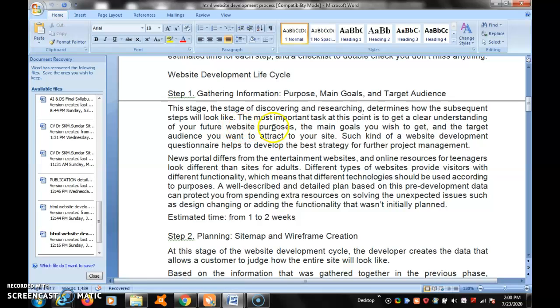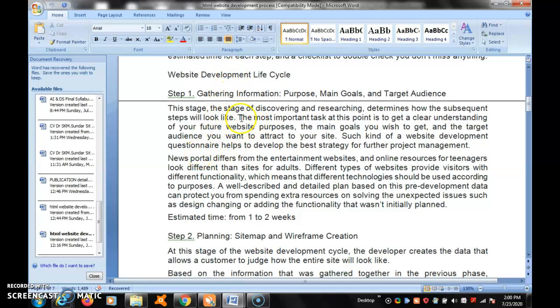The most important task is to find out and get a clear understanding of the future website's purpose. Here, the main goal of gathering information is the target audience you want to attract to your website, and you want to collect information from the client. For such website development, you can write questionnaires for the customer to develop the best strategy for the further project management.